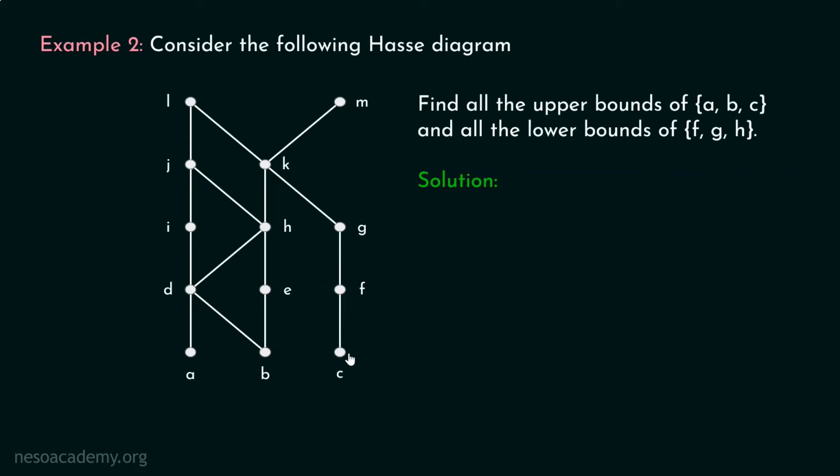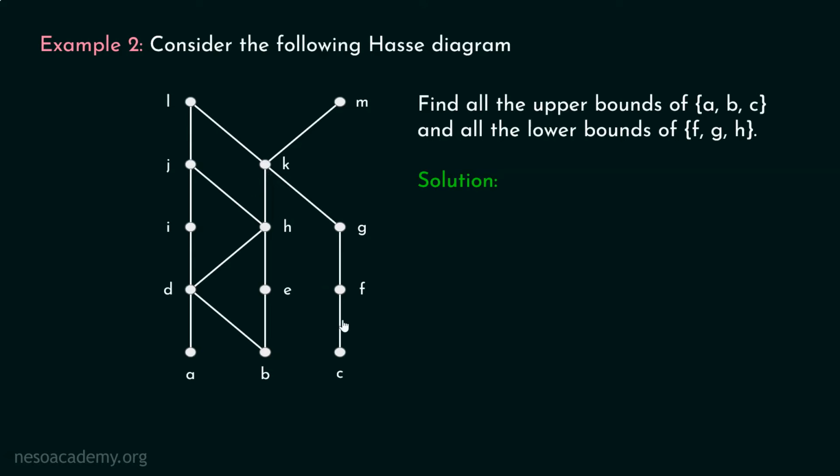If you see this diagram carefully, K is an upper bound of A, B, C because there is a path from A to K, B to K and C to K. Always remember that we can only go in upwards direction, okay? Always remember that direction is important, okay? You cannot say that there is a path from C to H. By seeing this diagram, it seems like there is a path from C to H, but we cannot go in downwards direction because you can see that K is not related to H, H is related to K, right? So there is no path from C to H. Fine? We can only go in upwards direction.